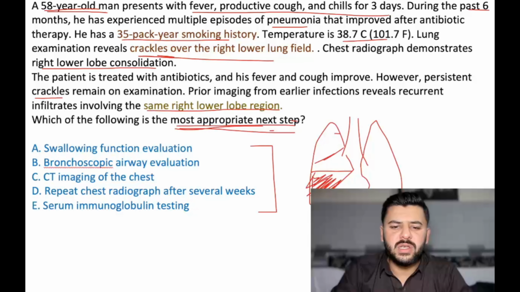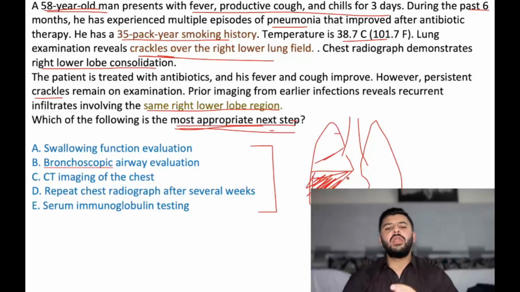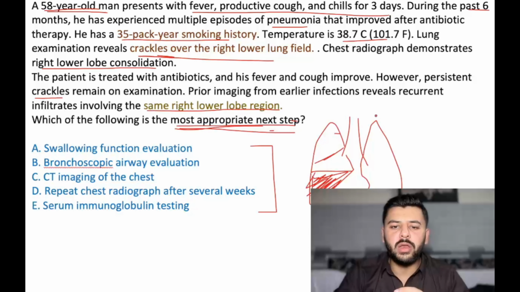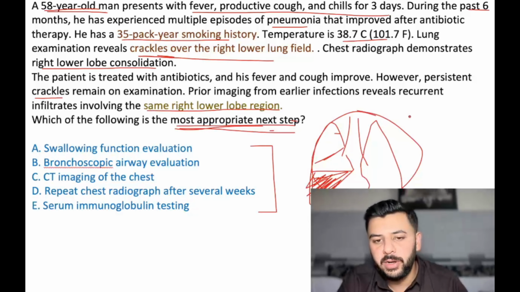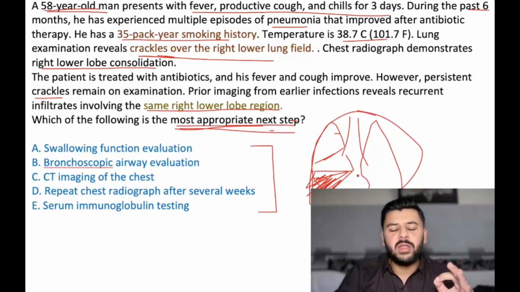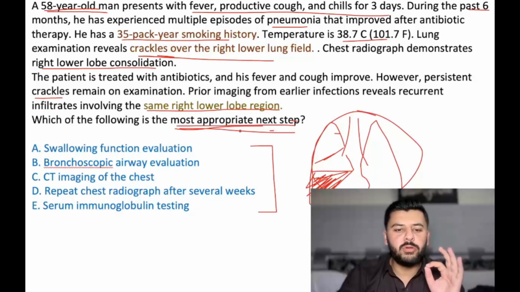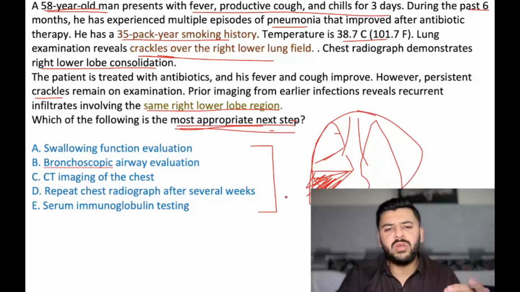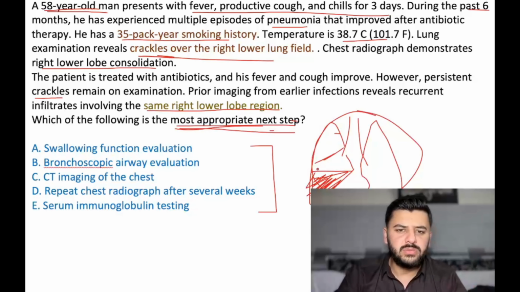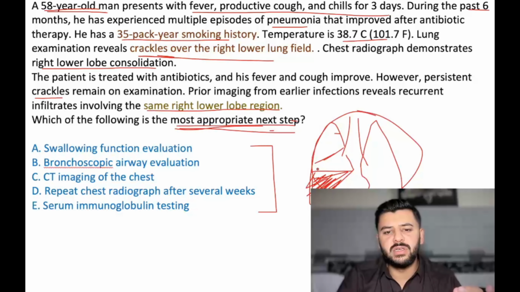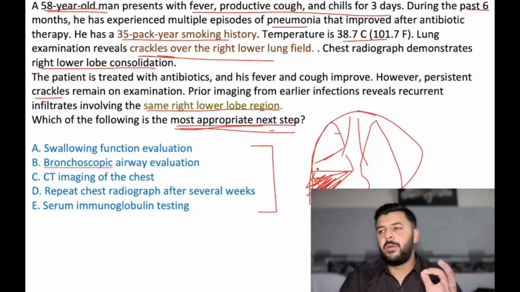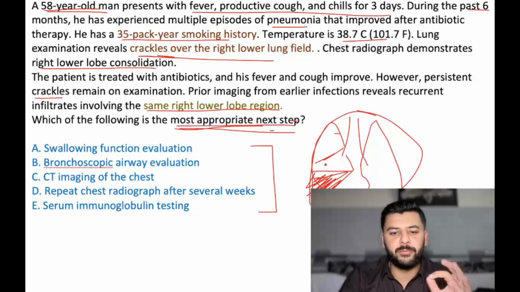What are the reasons that pneumonia is occurring only in one single lobe and not occurring overall, and it's recurrent as well? And most importantly, it improves after antibiotics. There has to be something that's causing pneumonia in the same lung field. Before jumping to the questions, I want to ask you one question. What do you think the diagnosis is? If you're thinking about a mass, a neoplasm, a bronchiectasis, before that lung field, because you know what Hussein Sattar